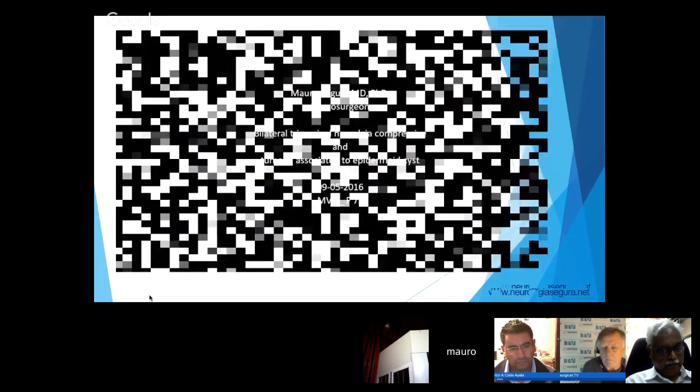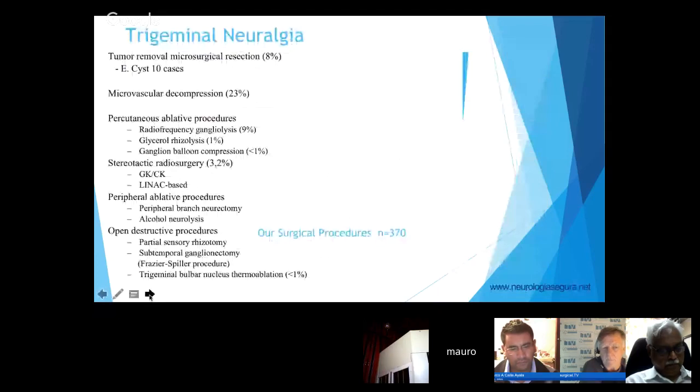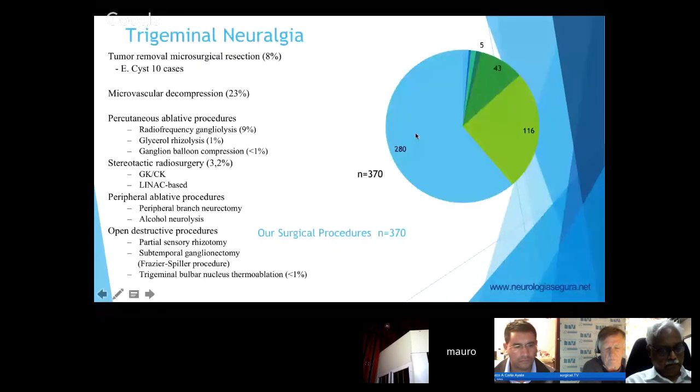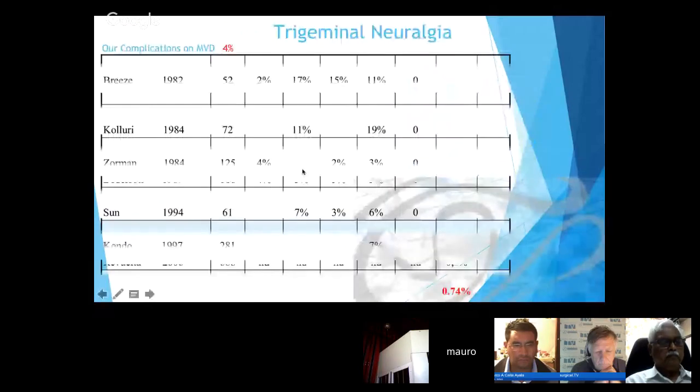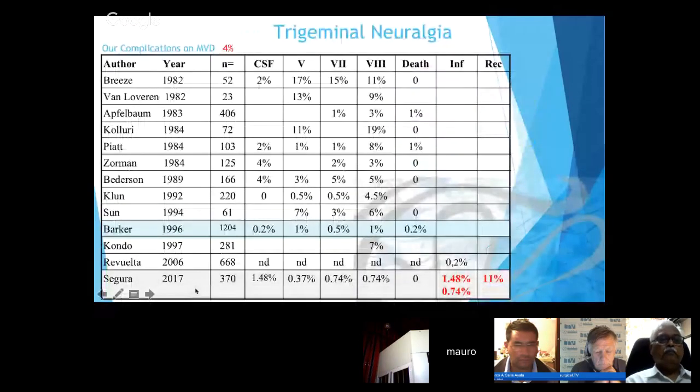Well, I see most of the patients have a compressive trigeminal neuralgia. However, in this case, 12 cases were caused by epidermal cyst. This is just a preliminary review. Some kinds of complications like CN 5,